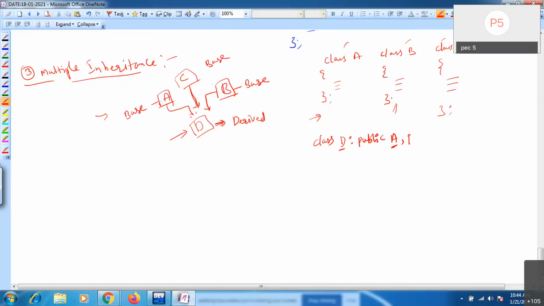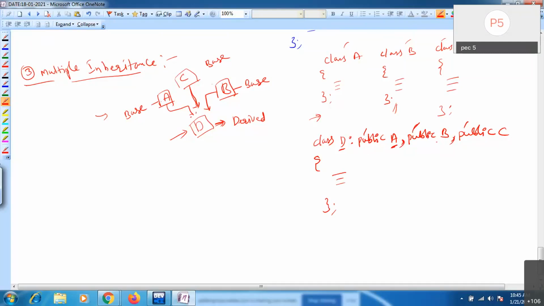Comma, public B, public C. You can use any mode here: mode 1, mode 2, mode 3. In this way, you can derive one class from multiple base classes. While deriving from multiple base classes, you just need to use a comma here.